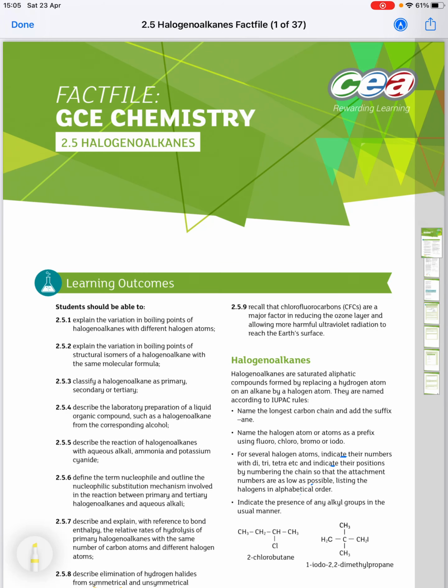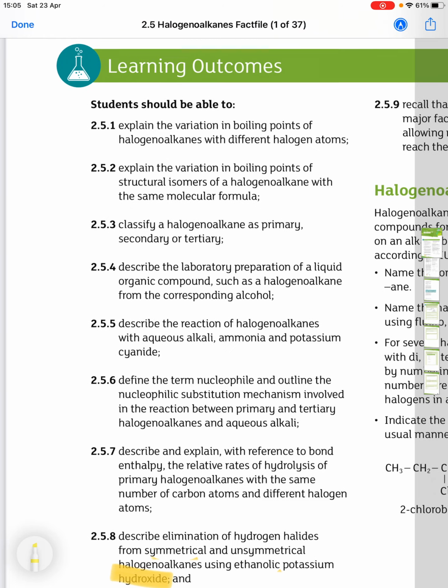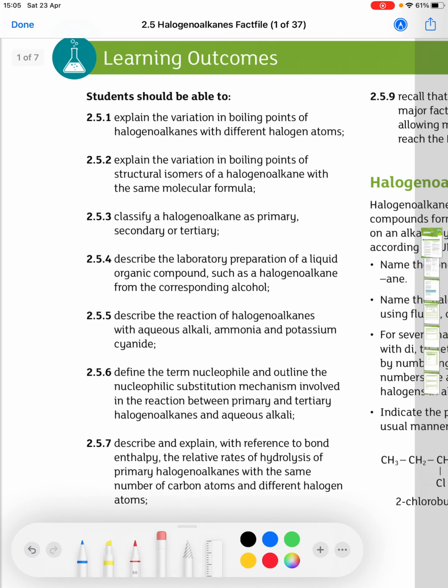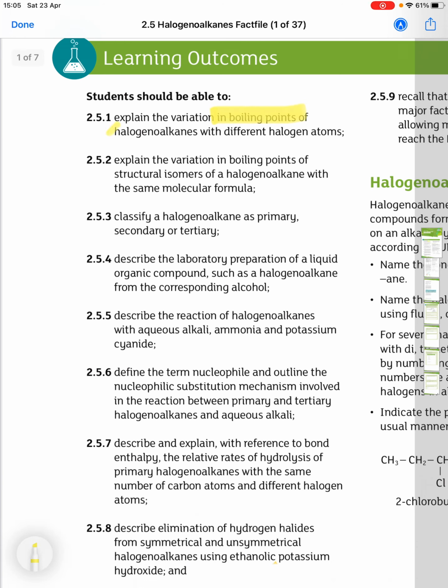This is 2.5 halogenoalkanes. So the outcomes for this topic are, first of all, to be able to explain the variation in boiling points of the halogenoalkanes with different halogen atoms, to explain the variation in boiling points of the structural isomers of a halogenoalkane with the same molecular formula, to classify a halogenoalkane as primary, secondary or tertiary, to describe the laboratory preparation of a liquid organic compound such